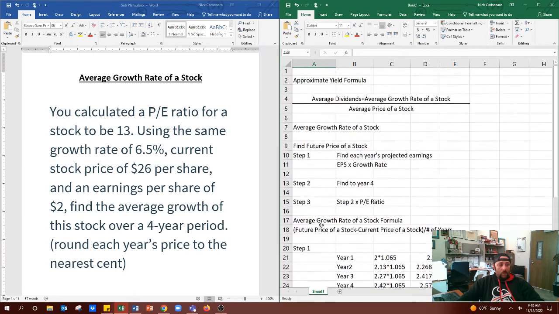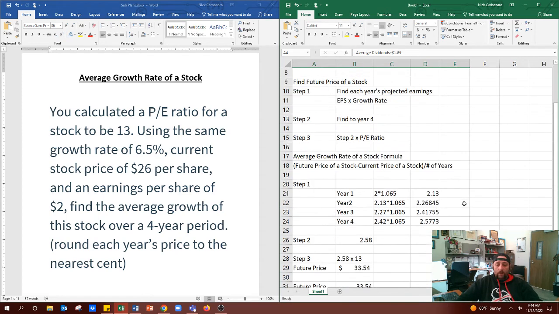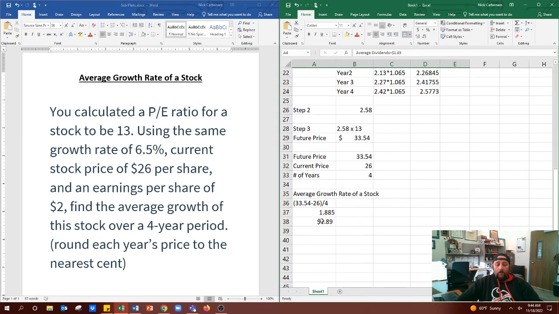So if we go back and look up here, we would add the 1.89 into this portion of the formula. And if you've already watched video number 1 on how to calculate the average dividends, we did that as well up in here, and we calculated that, but I'll let you go back and watch that video, come back, do this video, and then put the 2 on the top, and you already have the numerator solved. So, yeah, with that 1.89,